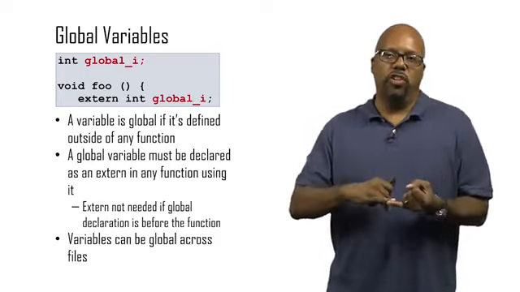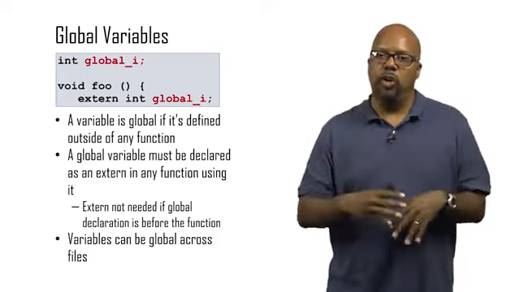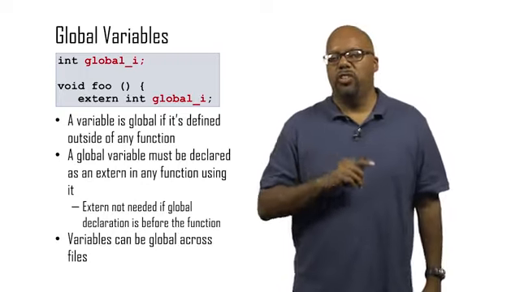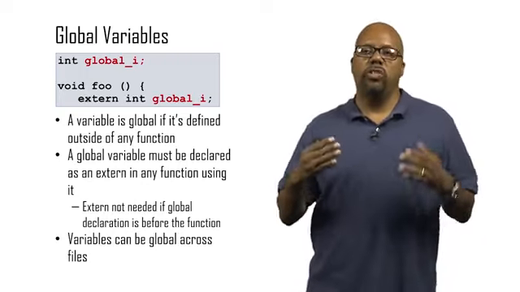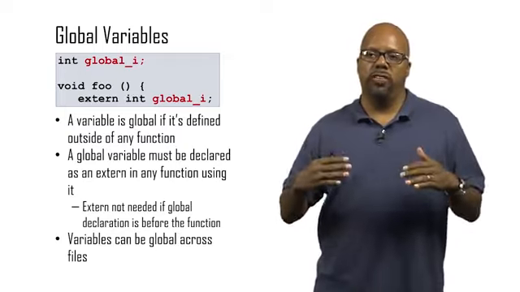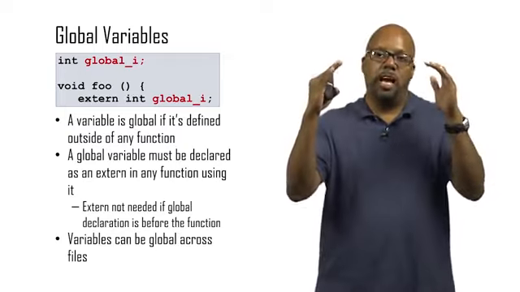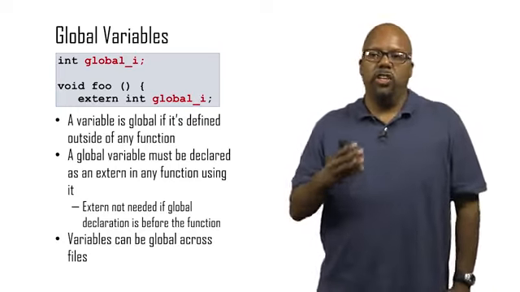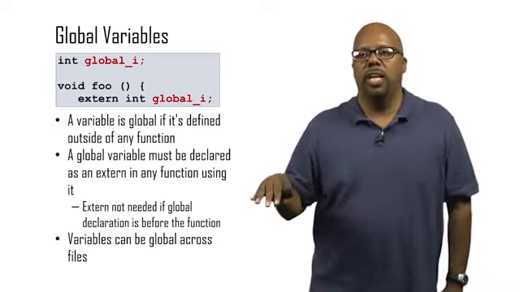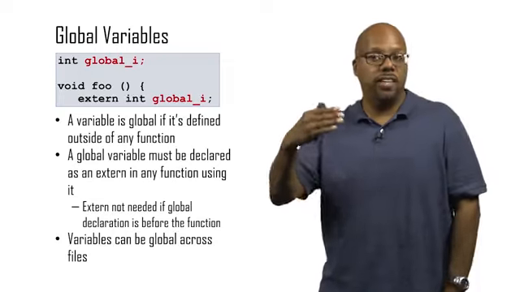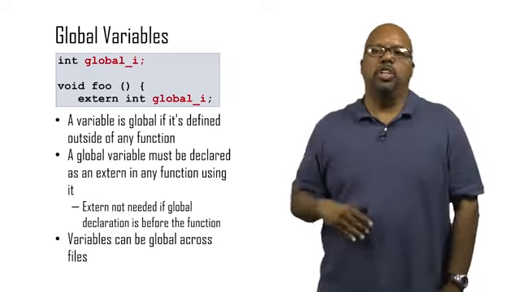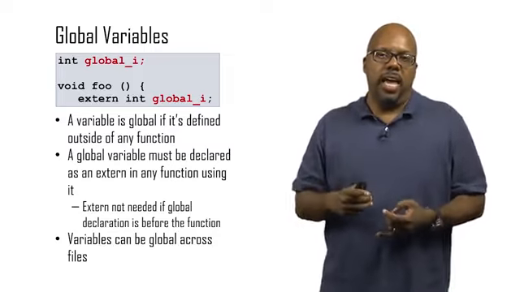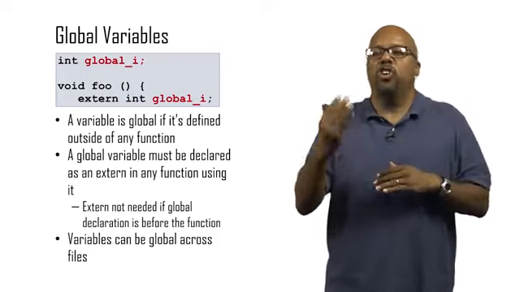So the one thing you have to do is declare the variable outside of any other function. But that extern, you don't have to do that. As long as you declare this global variable outside of the scope of any other function, at the top of your file, and you're using only one C file, then you don't have to do the extern into global I. If you just refer to global I inside your foo, it will know that you mean the global one. But that only works if foo is in the same file, and foo is defined after the global